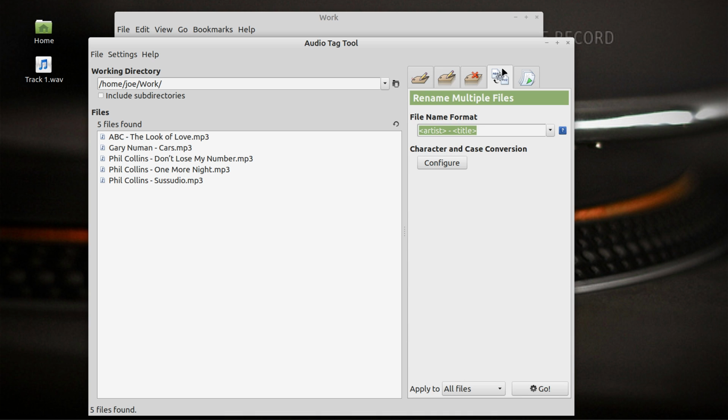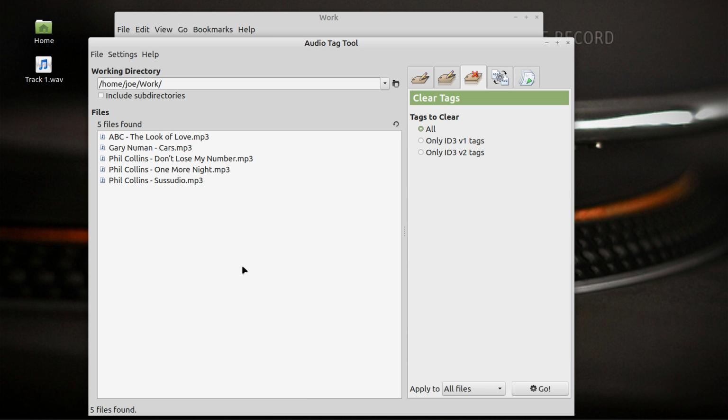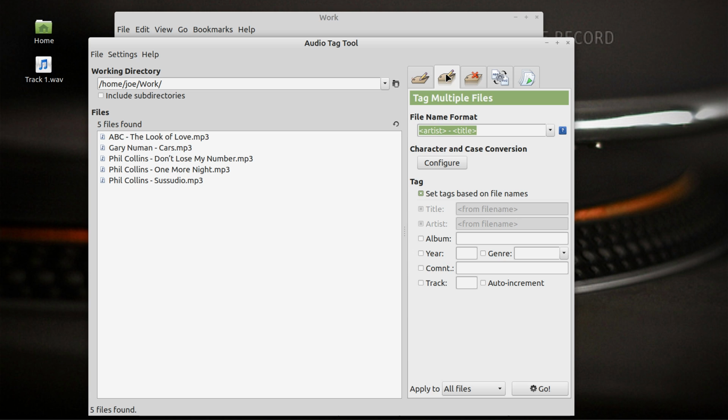So the first option that we have is setting your file name format. That's important. Remember artist and title. And then here is where we can remove existing tags. We do this in one fell swoop, and this removes version 1 and version 2, all of it. So if I download a file from somewhere else, I usually run this first, and I get rid of all of the tag information. Now I'm going to auto-generate a tag from these MP3s,